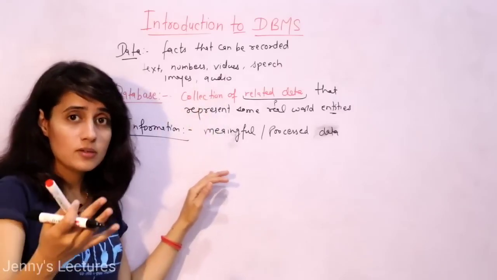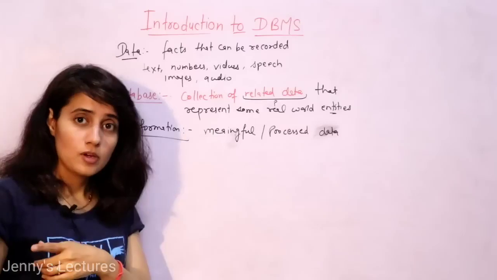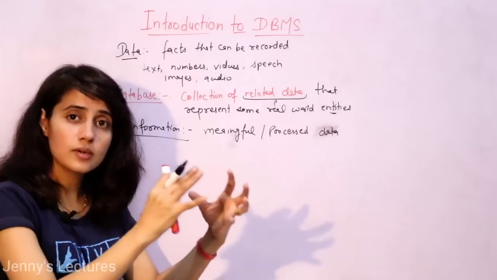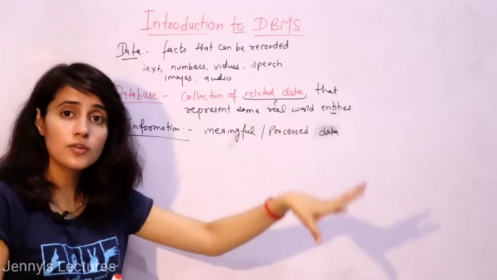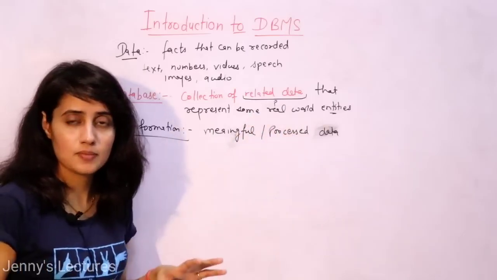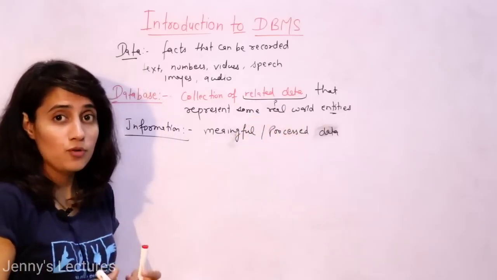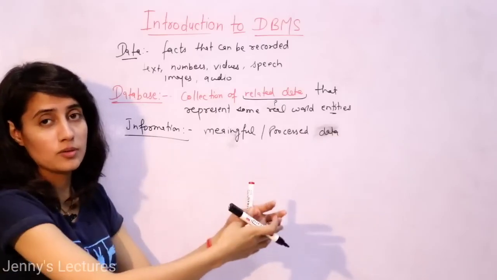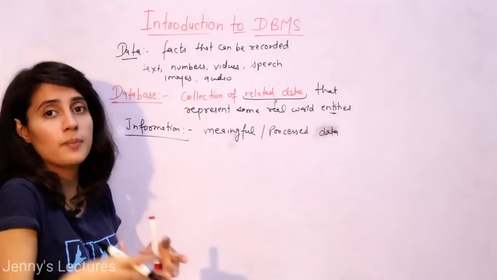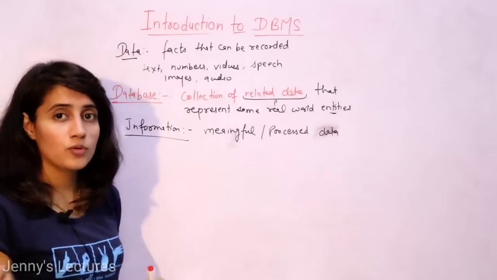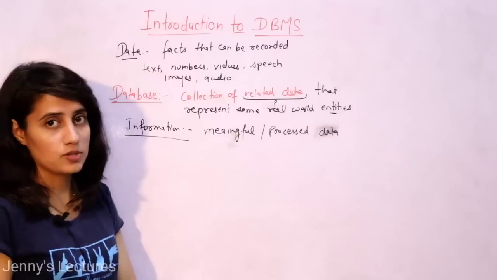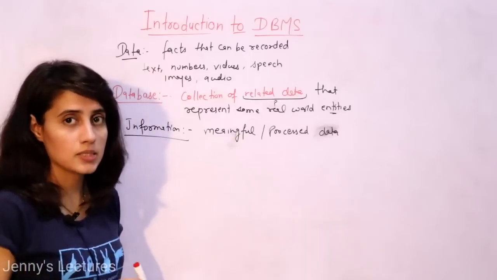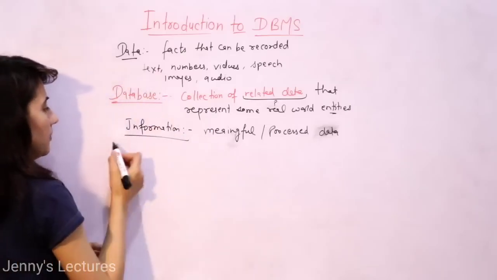Maybe someone else has an exam of data structures. So for that person, the information is what? The videos of DSA, data structures, and all the other videos are just data, right? So it depends. Maybe for one person this is data, and for another person this is information, right? So it depends on the requirement of that person. Based on that you can define what is data and what is information. In general we cannot say that this is data and this is information. It depends.